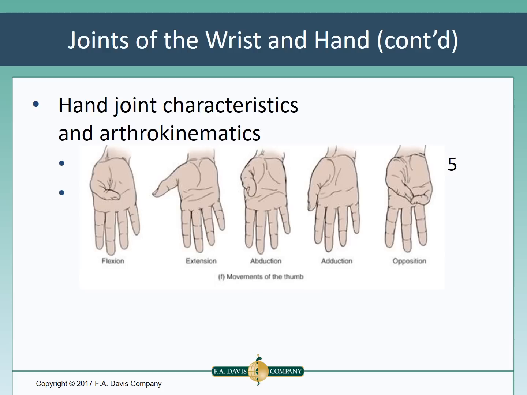Flexion is coming across towards the center of the palm. Extension is going further away. Abduction, if your hand is in that position, your thumb is coming out towards your face. Adduction is you're pressed up right against the finger. And then opposition is bringing your thumb to your little finger. So maybe review the mechanics and the motions of your thumb, and that will help you figure out, is this